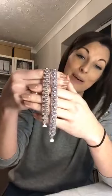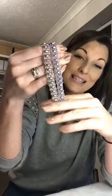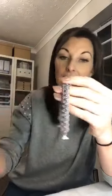And then we also have my hematite lace weave. Now we did these as a workshop not so long ago that a lot of you attended. I know lots of you have been making them since as well, but we wanted to do them on air in case you couldn't get to us and you couldn't obviously come to the workshop. So this is one of the colourways. They've got a gorgeous